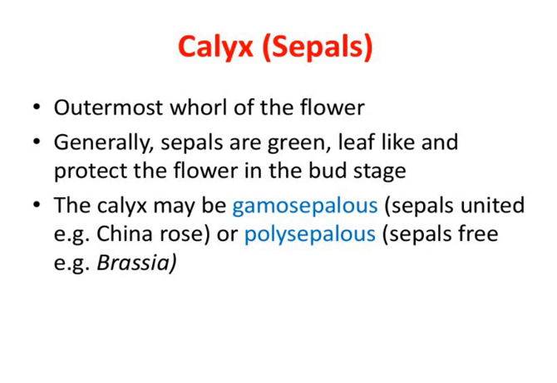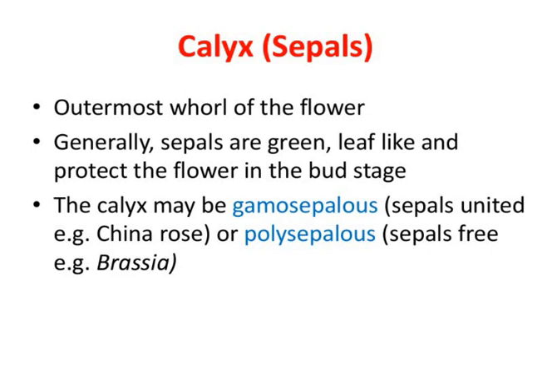So let's go to calyx. What is calyx? They are the outermost whorl of the flower. Often they are green in color. In some plants, the calyx is also colored. Then it is called a petaloid sepal. We call it petaloid. And they protect. What is their function? When a flower is in the bud condition, the calyx covers the bud completely. But when it matures, as the corolla grows and moves outward, the calyx becomes smaller.